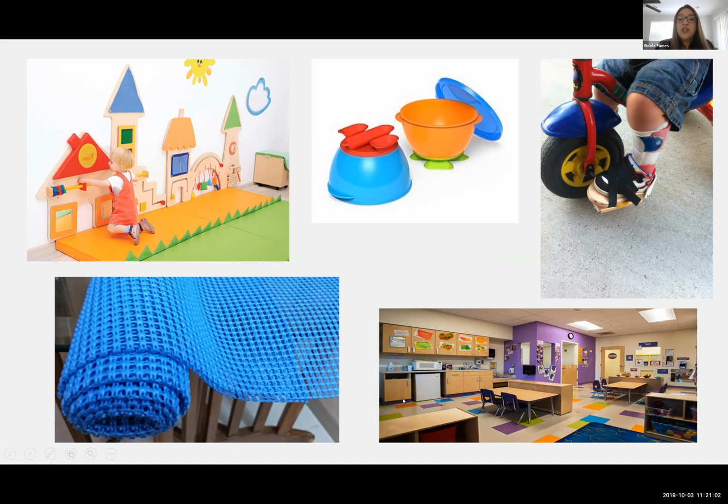We also want to make sure that we're spacing furniture apart effectively. If these were too close together, what couldn't fit through? A child in a wheelchair, exactly. And even lowering or putting material and curriculum up on the wall instead of on a table supports a child who might be in a walker or a wheelchair and can't be at the table all the time. This is a great way to support children in play. Questions about this?